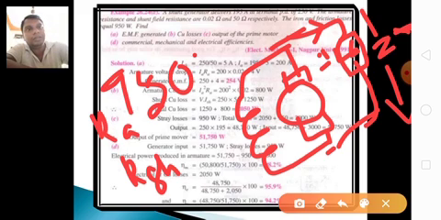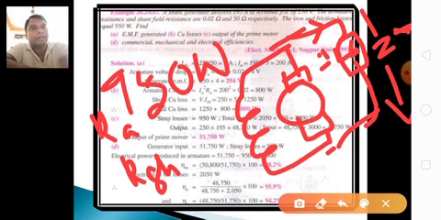The load delivers at a potential difference of 250 volts. Here the load terminal voltage V is given. And the armature resistance and shunt field resistance: armature resistance is RA, and shunt field resistance is RSH, given as 0.02 and 50 ohms. The iron and frictional losses are 950 watts. Iron and frictional losses mean stray losses. Stray losses are given as 950 watts.